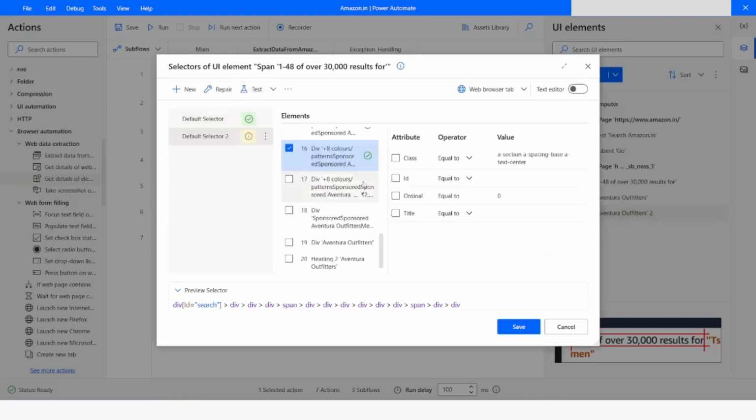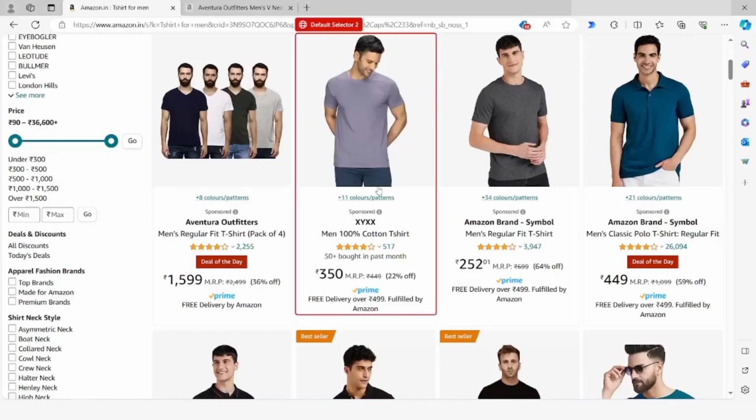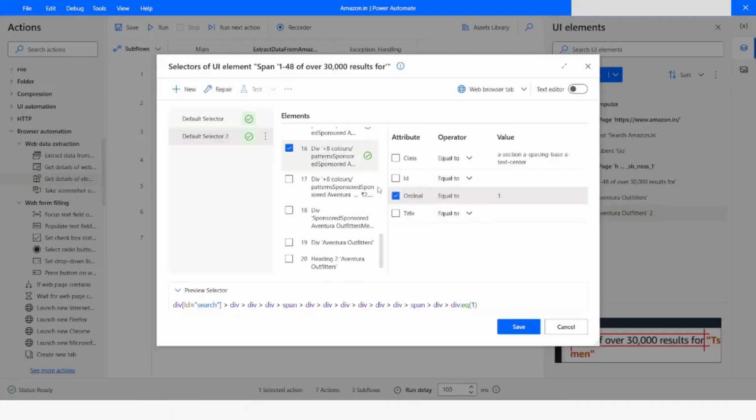want to test, and here I will enable the ordinal, and then I will type 1 to test if it is able to highlight the other div. Right, so now this is able to identify the second search result. Okay,